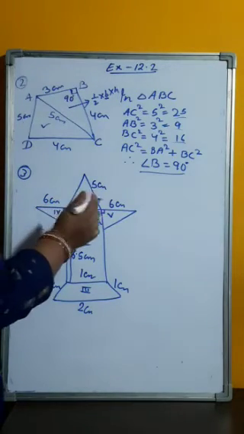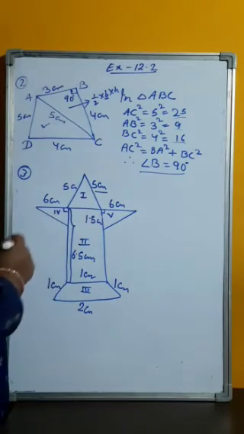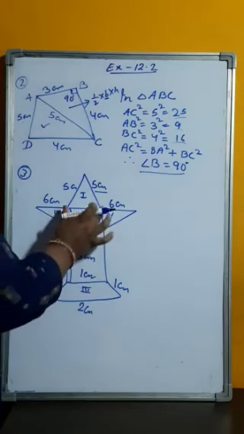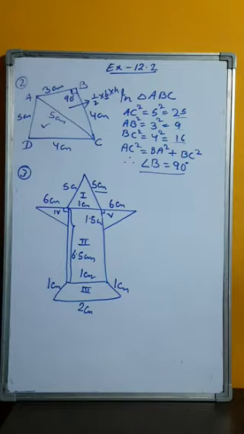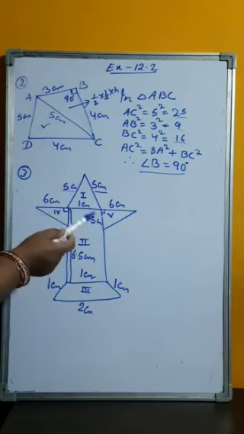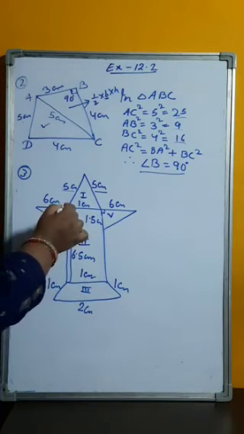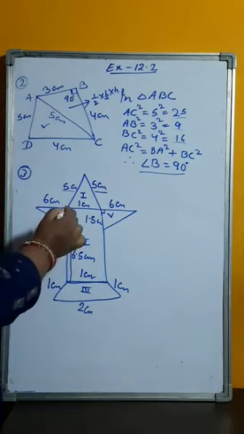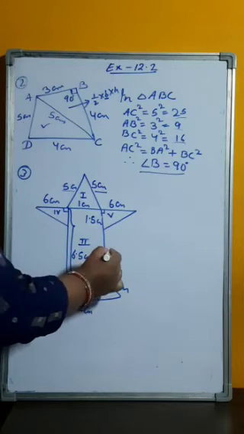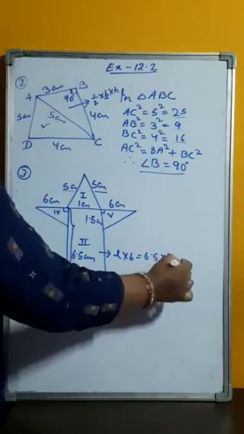You can see the first part is in the form of an isosceles triangle. If this is 5 cm, this side will also be 5 cm. Comparing with this side, this will also become 1 cm. So the first part's area can be calculated by Heron's formula by adding these three sides, first calculating the semi-perimeter, then its area by Heron's formula. For the second part, this length is given as 6.5 cm and this length is 1 cm. This is a rectangle, so its area can be calculated by L into B, which is 6.5 into 1 cm.